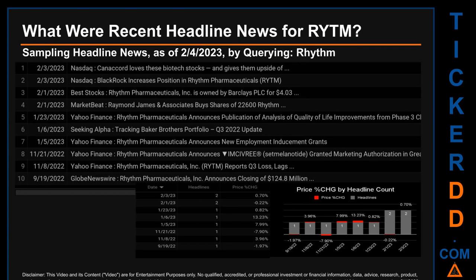The oldest publication was on Monday, September 19, 2022, 5 months and 16 days ago, when Globe Newswire published the headline that read, "Rhythm Pharmaceuticals announces closing of $124.8 million." The latest publication date was one of 2 days with the most found headlines. The day saw a price change of 0.70% after the ticker opened the day trading at $28.43 to then close at